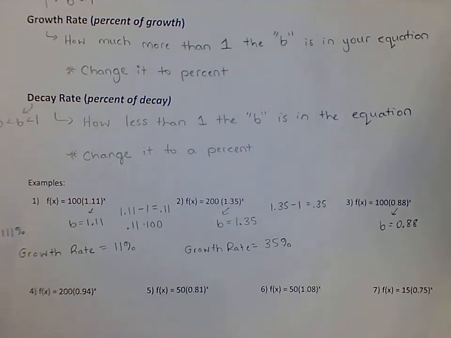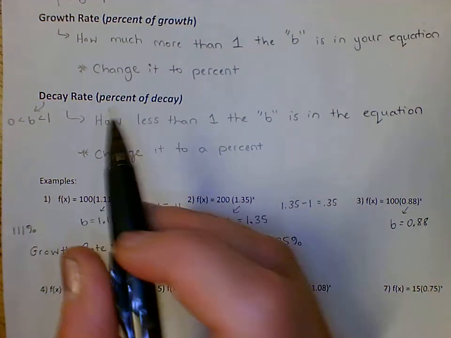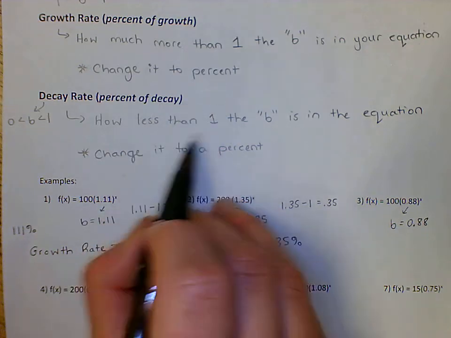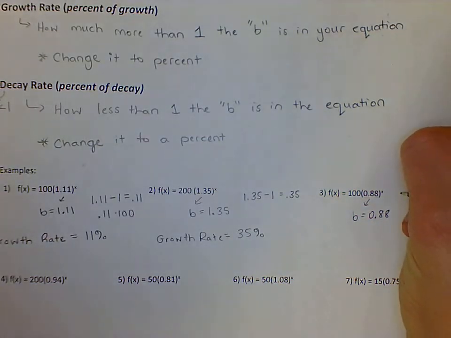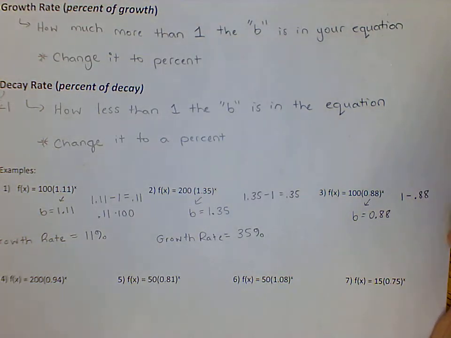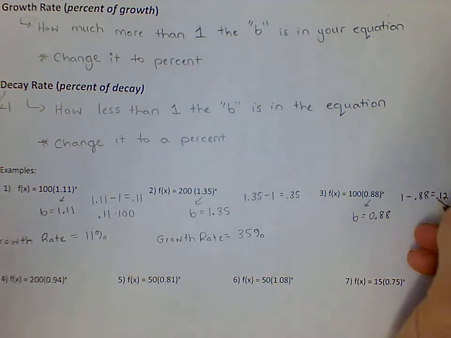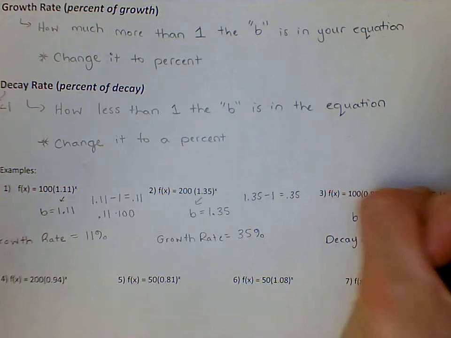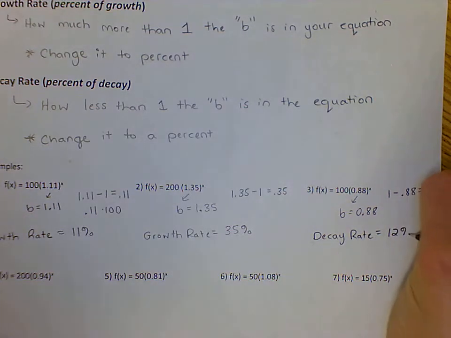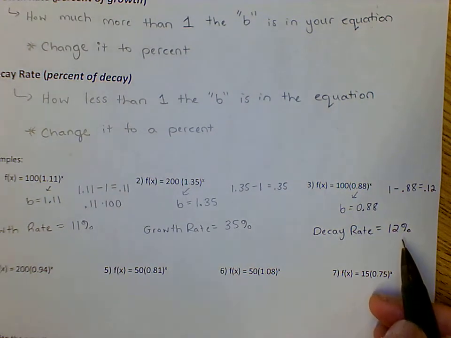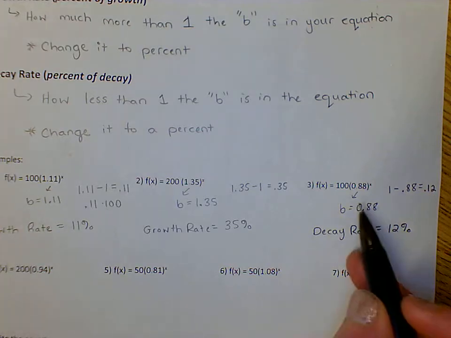So there's 2 ways to think about this one. You can think about, okay, how much less than 1 is that number? Okay, so the way that you figure that out, if you can't figure it out just by thinking about it, is you would take 1 minus that number. Okay, so if I take 1 minus that, I get 0.12. Change that to a percentage. Okay, and so since it's a decay, it's going to have a decay rate. And so that means that it's actually decaying by 12%. So that means that 12% of whatever that is, whatever the population is, 12% of it is actually going away